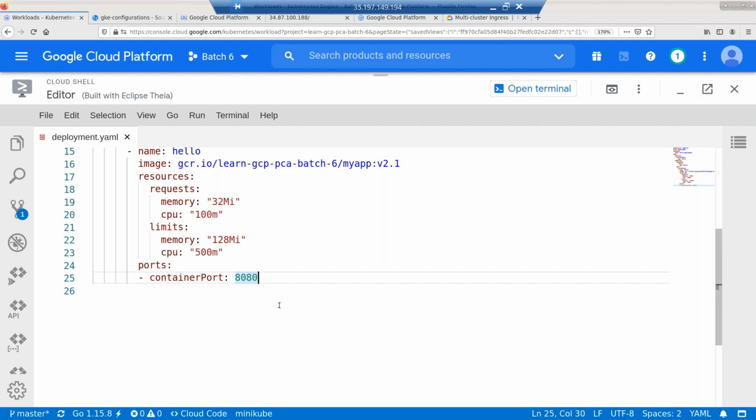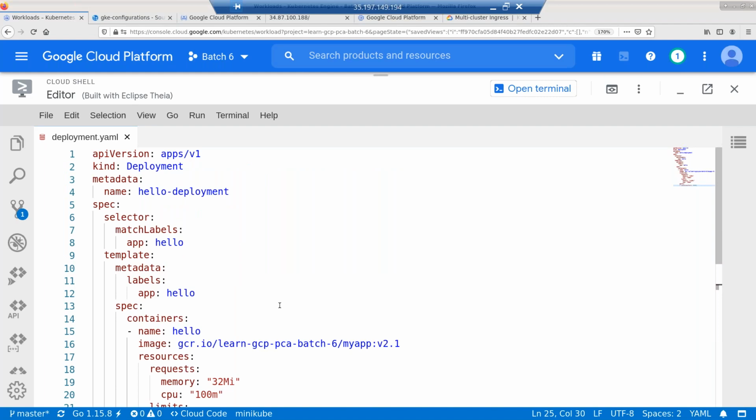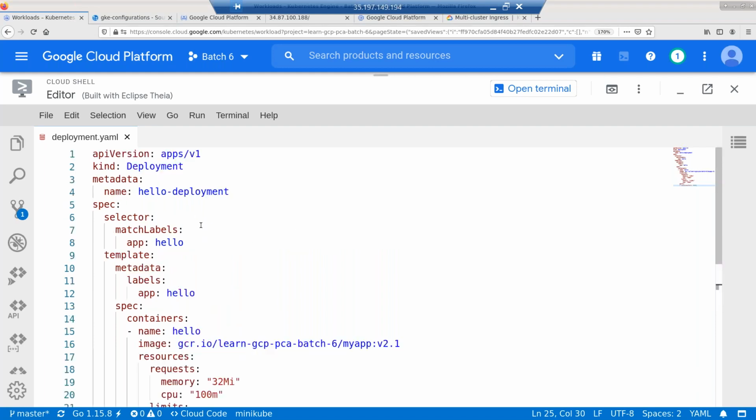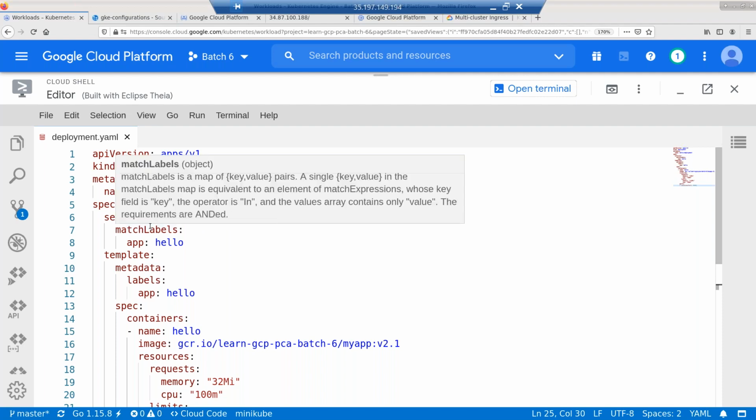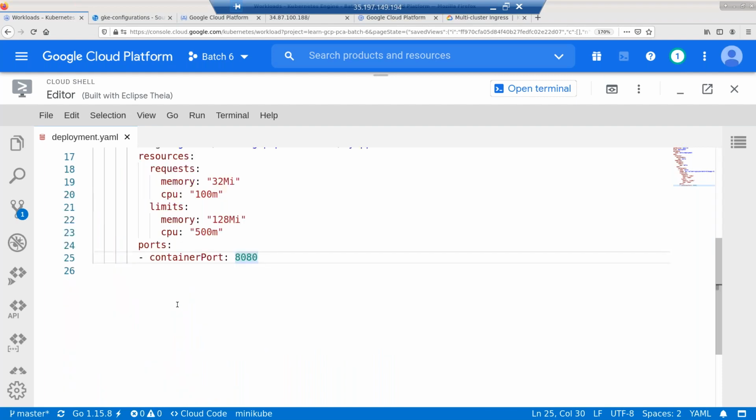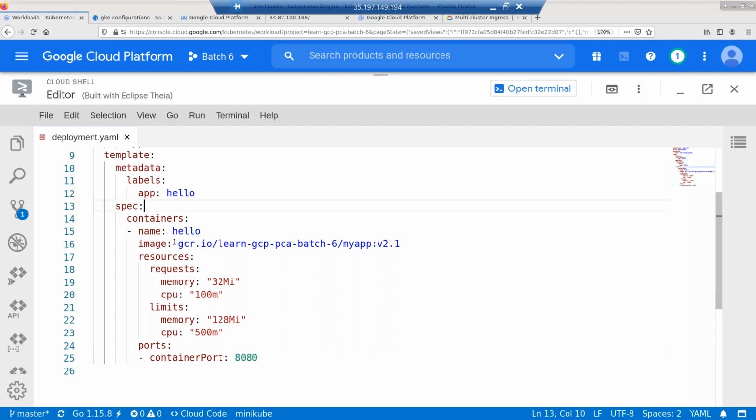Now everything is good. The only thing which is missing here is the number of replicas. How many replicas you wanted to give. That is not mentioned in this template. By default, the replica is 1. If you want to explicitly mention the replica, you have to go and add that replicas word and do it. Now I don't know where to add it. Now this is where the tool comes very handy. If I think I have to add it somewhere here,